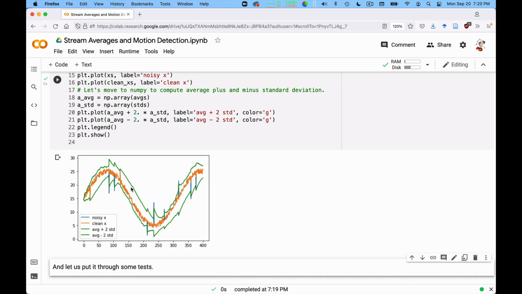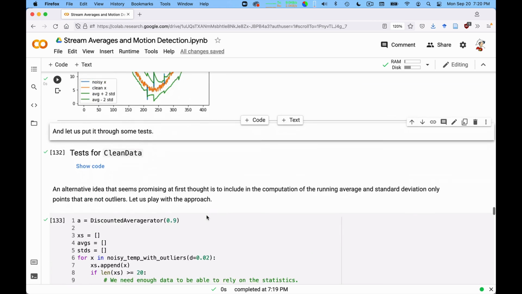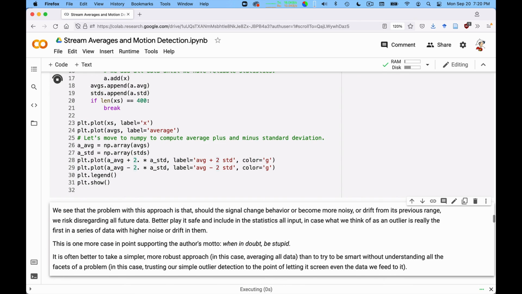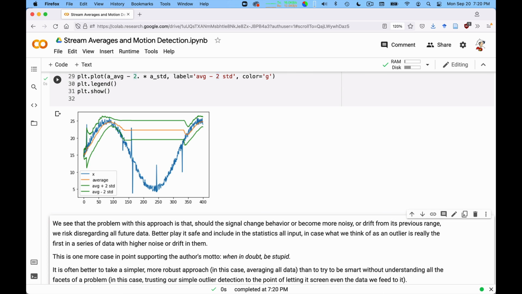So can we write a better solution of the data cleaner class in which we avoid feeding outliers to the statistics? Well, let's give it a try. So the try is actually here, and if you do that, you see that it absolutely fails. Because the point is that at some point, when the first thing goes wrong, you will start to believe that your real data is an outlier, and you will start throwing it out.